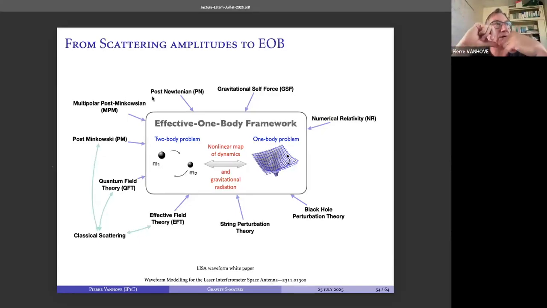That means arbitrary velocities and order by order in G Newton between two massive objects that interact gravitationally. To some order in perturbation, let's be conservative, like 4 loops, but certainly 5 loops, you can model this way